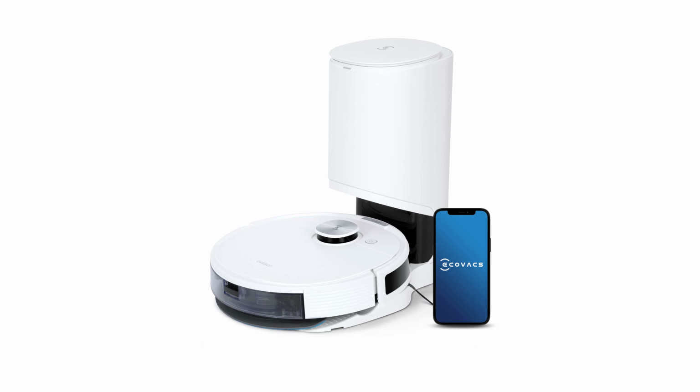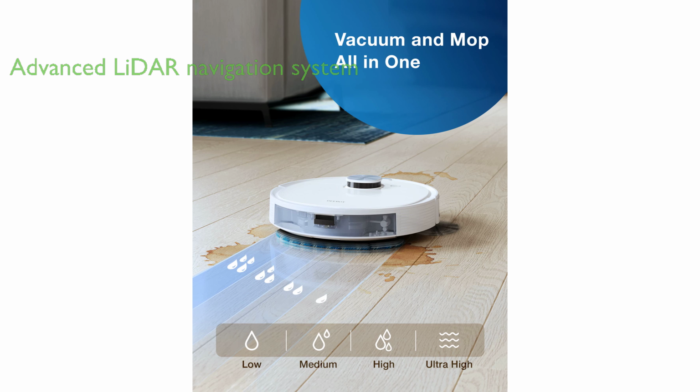The ECOVACS DEEBOT N10 PLUS robot vacuum is a comprehensive cleaning solution with a feature that allows it to vacuum and mop simultaneously, detecting and avoiding carpets when in mop mode. Thanks to its advanced laser-based LiDAR navigation system, the DEEBOT N10 PLUS creates highly accurate maps for efficient cleaning, outperforming